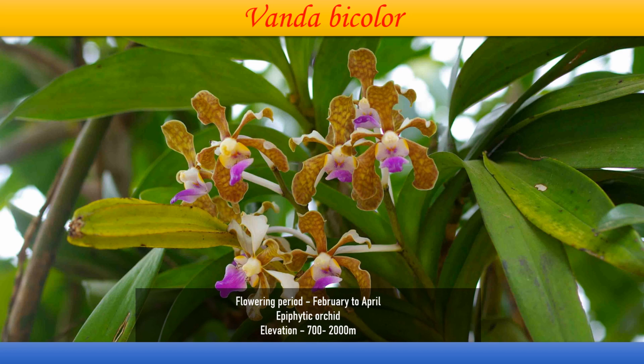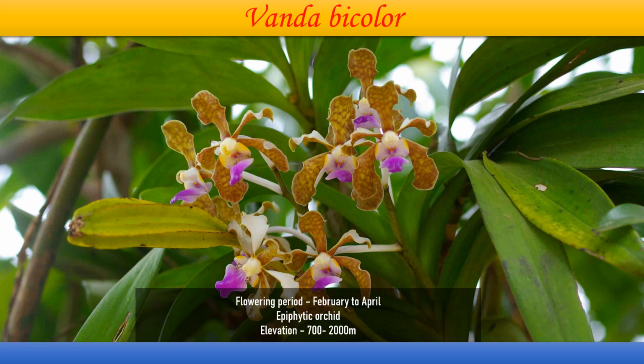It is somewhat similar to Vanda tessellata, but what makes it a big difference is the lip color and the variation in the lip. In the leaf structure you can see it has a very unique type of bilobed tip. In tessellata it is not similar to it,